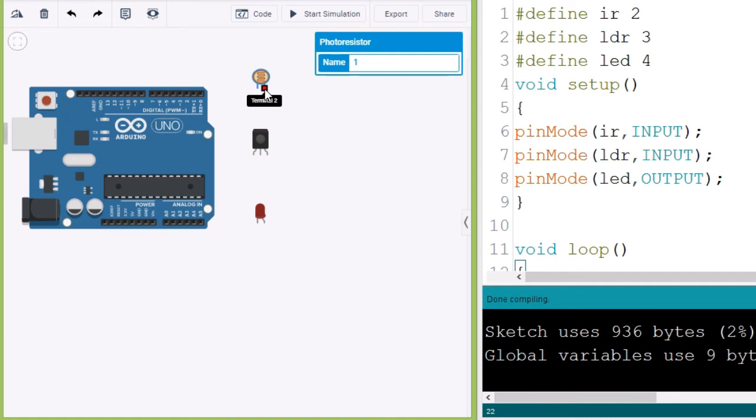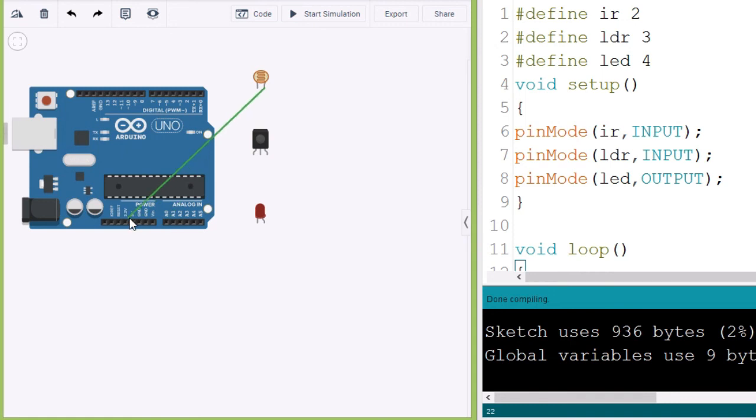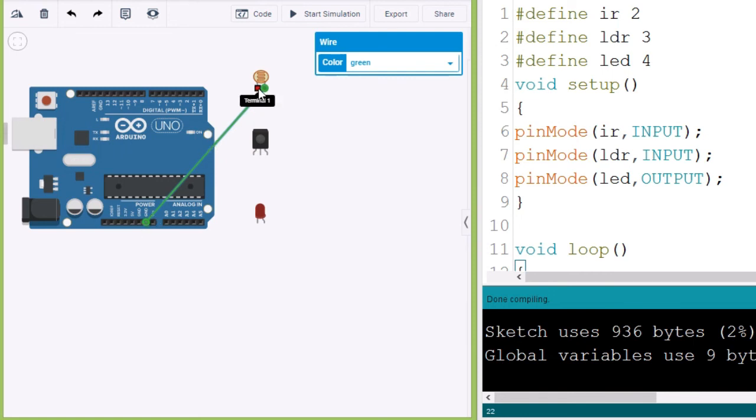So the negative terminal will be connected to the ground or the negative of the Arduino board. Ground or negative both are same. We can call it as ground pin or the negative pin as you wish. So I'll take the ground pin and connect it to the ground here of the Arduino board. Okay.